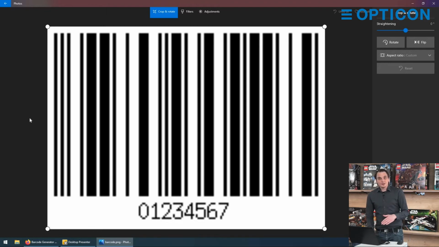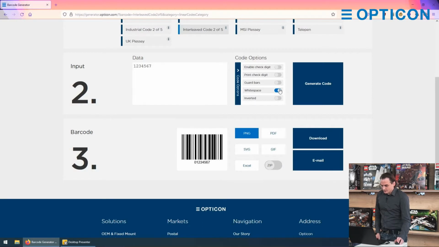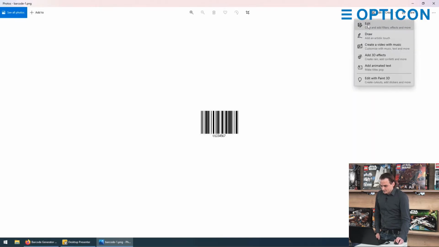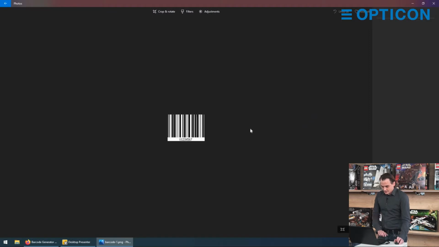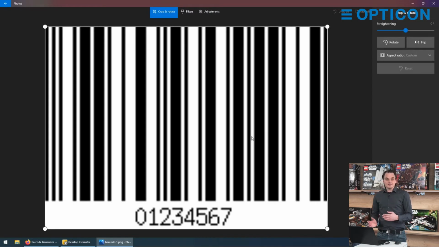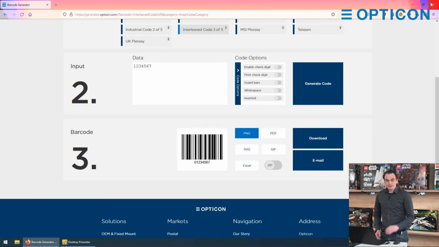If you're not really interested and you want to make the code as small as possible, you can say I want to remove the white space, generate the code, and if I download it now and I press the edit button, you can see that the code is minified and the white space is removed. Now, each type of barcode has its own specified amount of white space, so if you turn it on, you will know that the specified minimum white space for that type of code will be sufficient and adheres to all